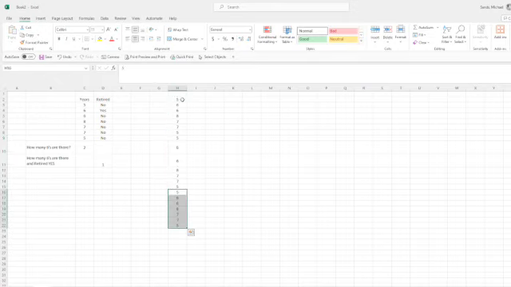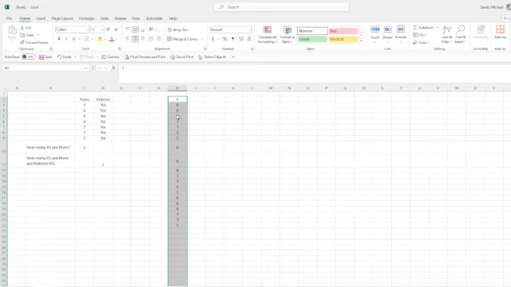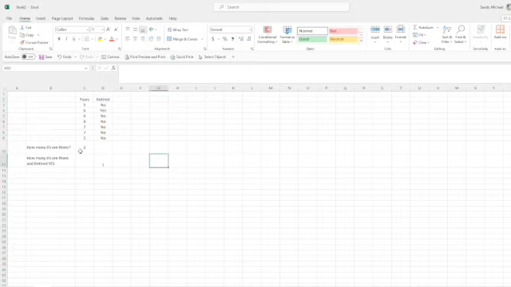Let's just say you have a whole array of numbers that lie in a range of maybe 100 cells or so, and you don't have time to count those cells. What can you do to count the number of a particular number, a text or value? How many times does that value occur within a specific range? Well, Excel has a way of doing it, and I'm going to show you two ways that Excel actually does it. So you'll see here that I actually have it done already on the screen,